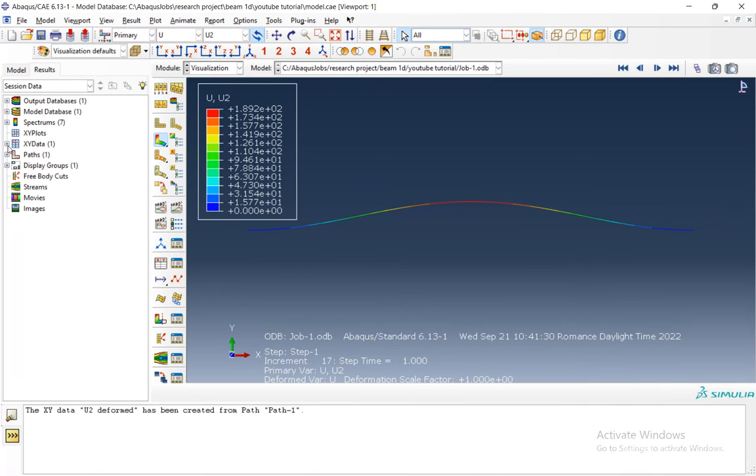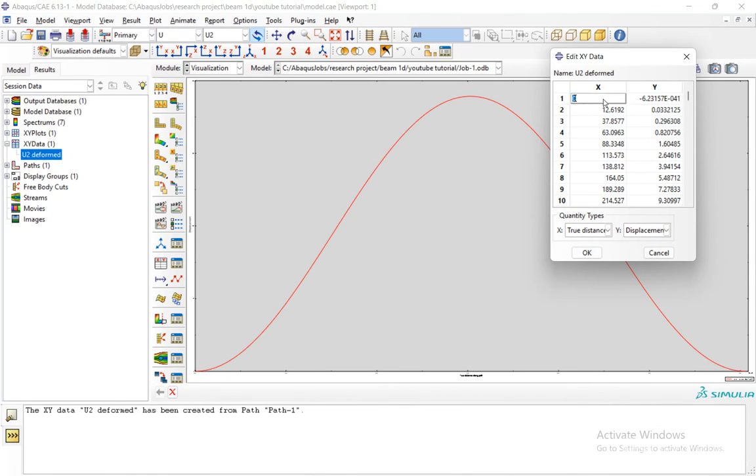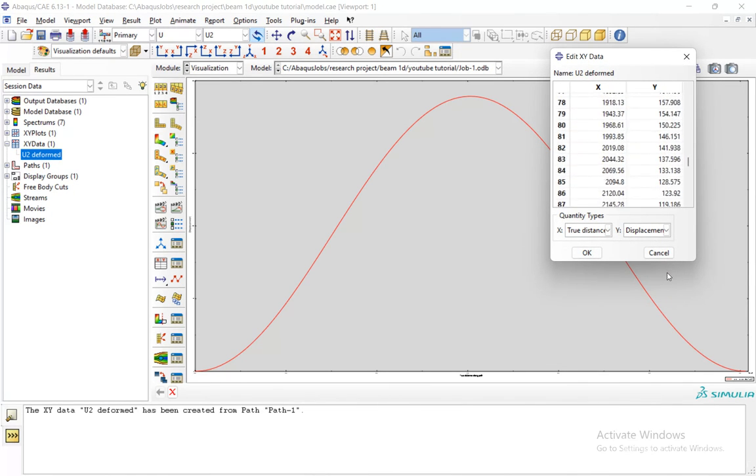so we go to XY data, we double click on U2 deformed, and we get the deformed shape. Now if you want to extract the XY data, right click, edit, then we select, and we slide